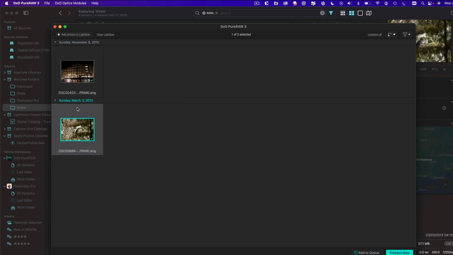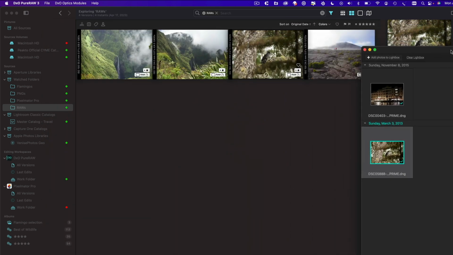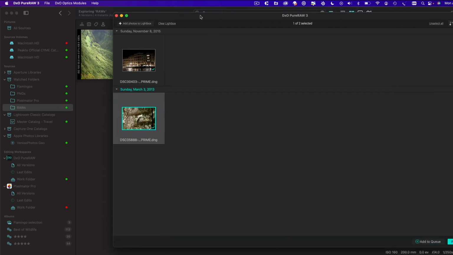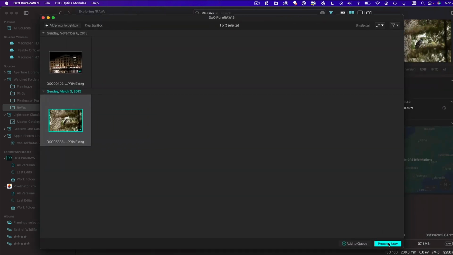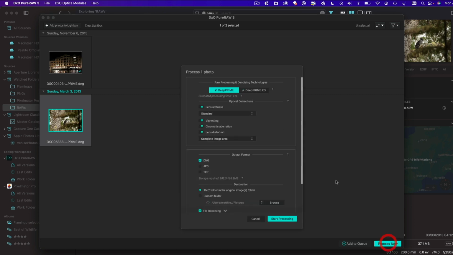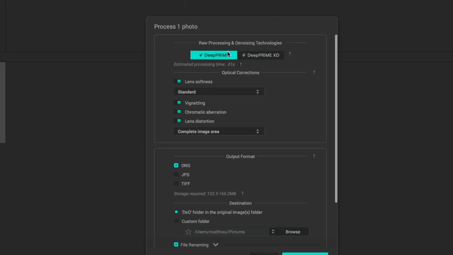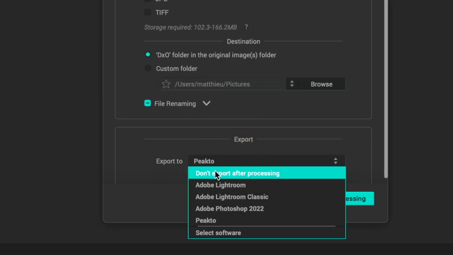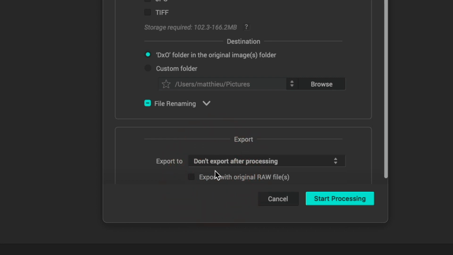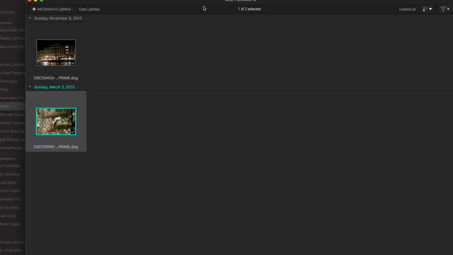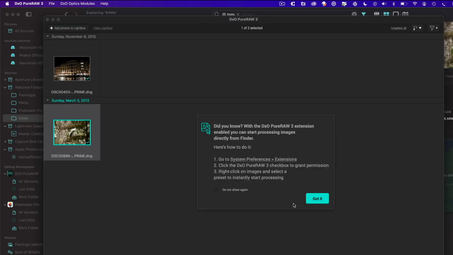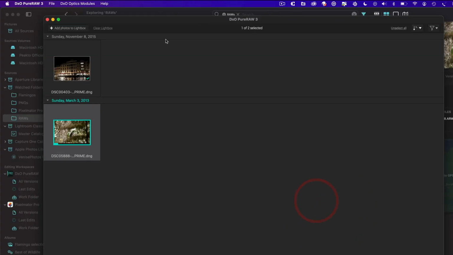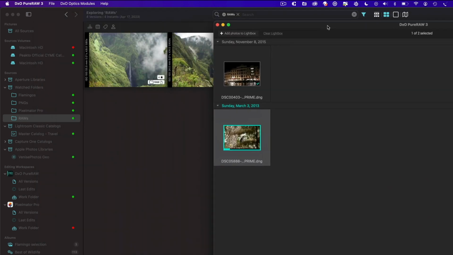So here is the image that I have selected. I'm going to process, use DeepPRIME. Here I have a number of options. I can leave the last one untouched. It's going to process, create a new DNG file, and once this file is created, it's going to be